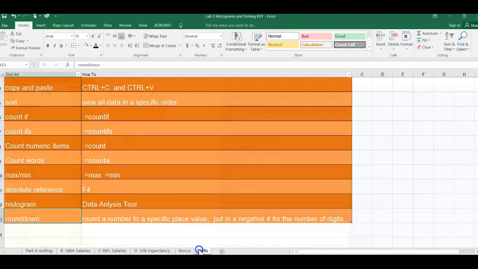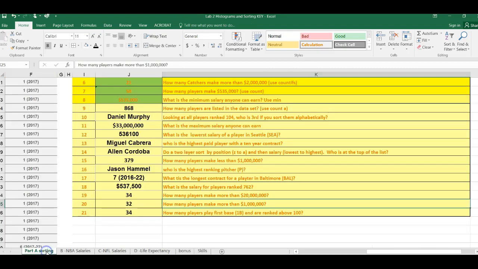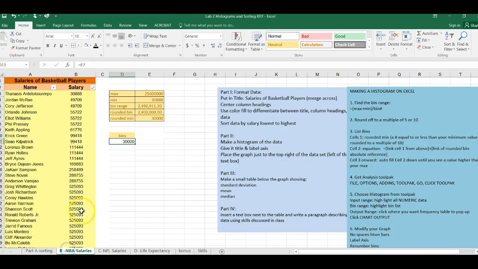If we look at our skill list over here, we have absolute reference, which is an F4. What that does is that when I decide to autofill, it will make sure that the cells that I cited stay exactly the same. Absolute referencing is a little hard to wrap your head around, but basically sometimes you can autofill. Like for example, say I autofill down. When I autofill down, I know you see all these zeros, but it's because this was referenced as E7,